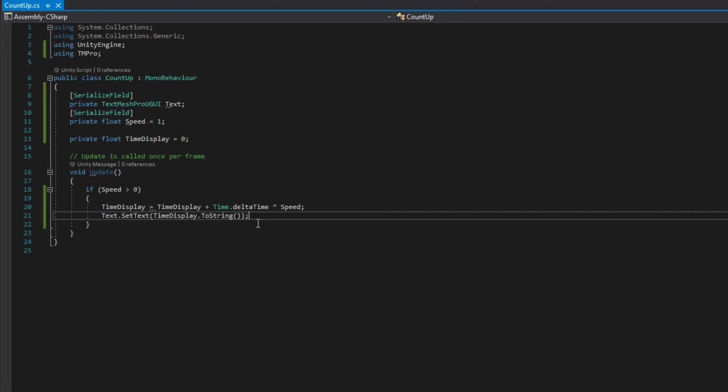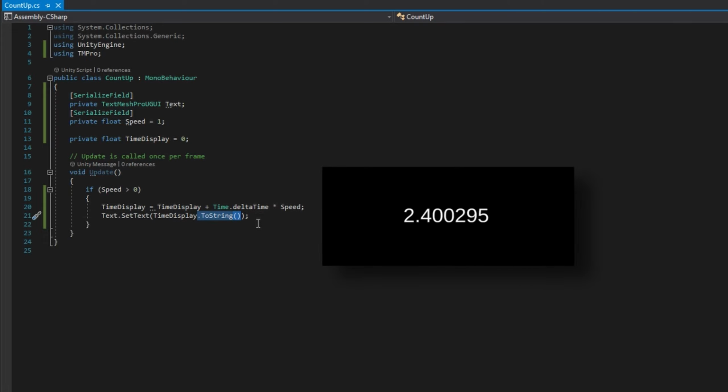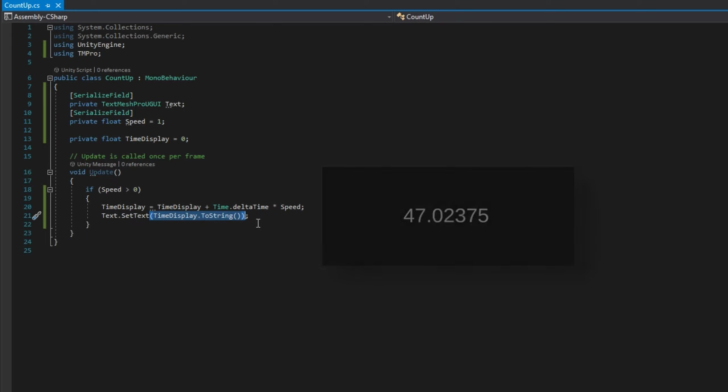The problem with this code though is the text as output isn't very readable. This is primarily because the text doesn't always have the same size. Let's say that it's 0.123. On the next frame, maybe it's 0.135763. If that's the case, then we're going to have some jitter as the number changes because we're showing the least number of significant digits in that float. So what we need to do is actually format this string so it will have a consistent number of decimal